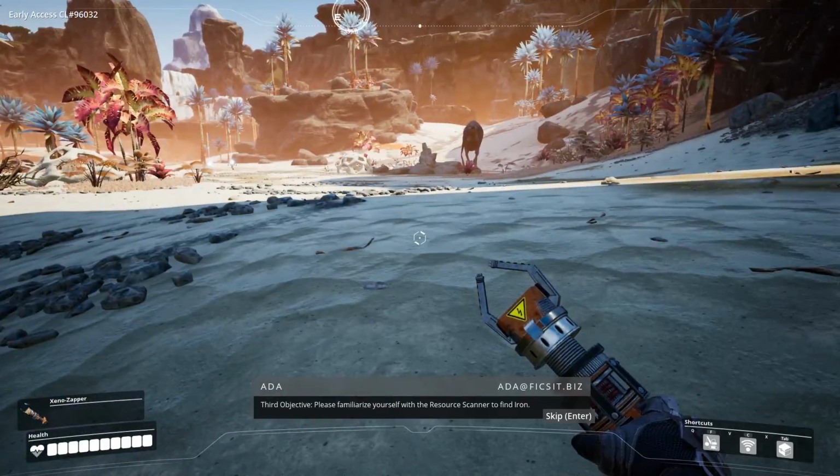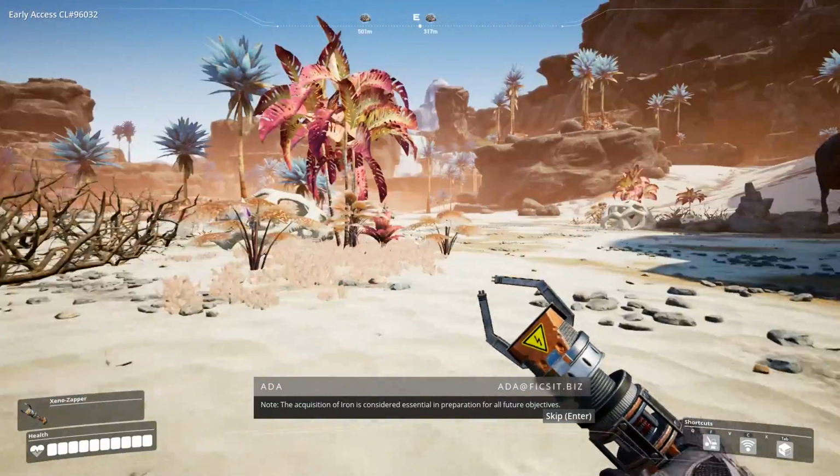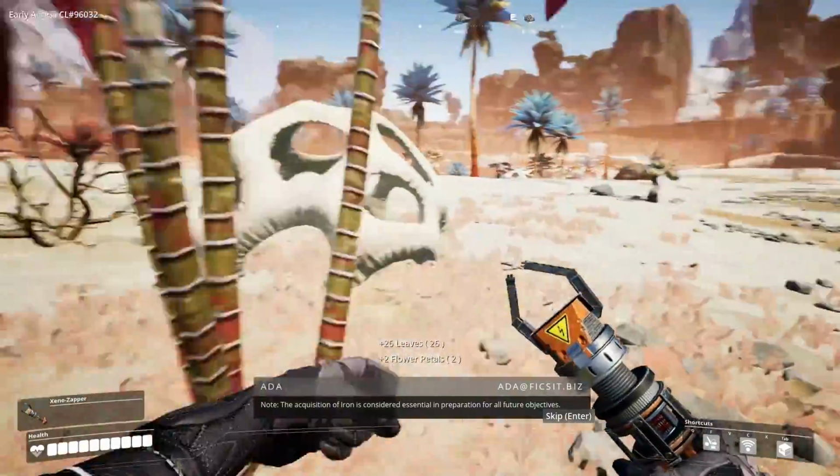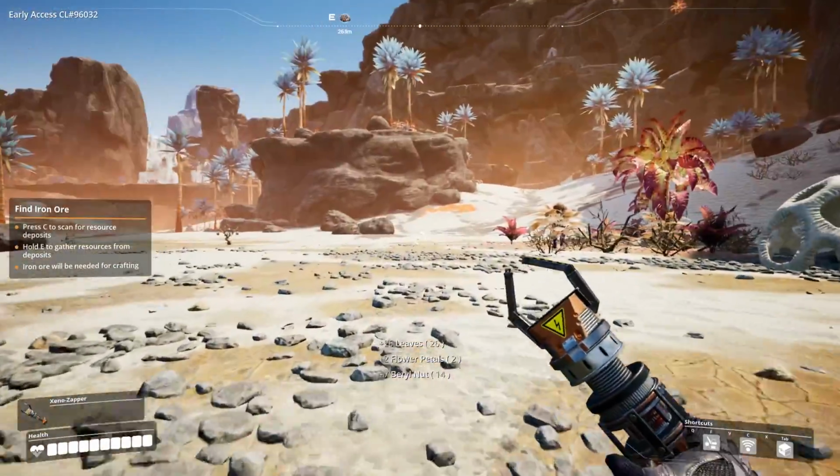Please familiarize yourself with the resource scanner to find iron. Okay, there's iron in this direction. Couple of nodes. Good. So early on, you definitely want to be gathering...